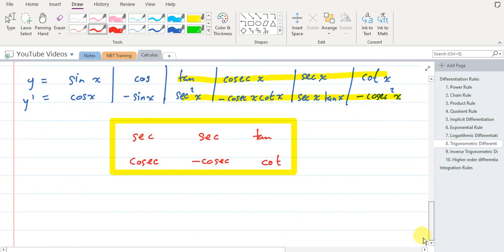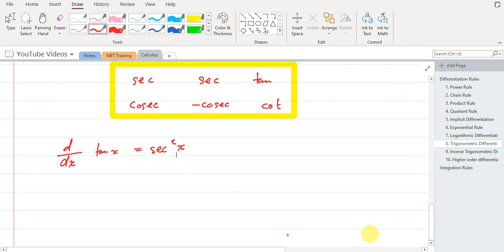Now let us look at an example, or sorry, let's prove one of them. Let's prove that the derivative of tan is sec squared x. So we'll prove that d/dx of tan x is actually equal to sec squared x. So how? We can say let y equal tan x. We know that tan x is actually sine of x